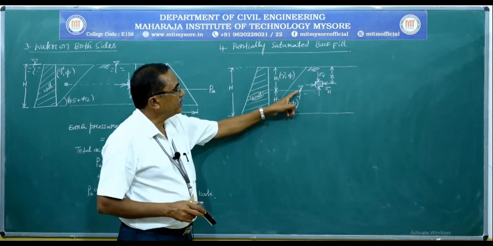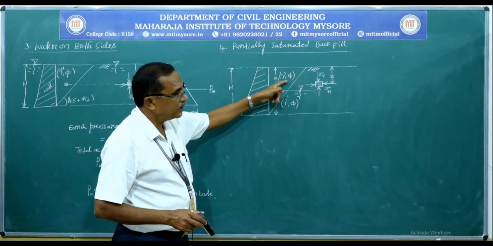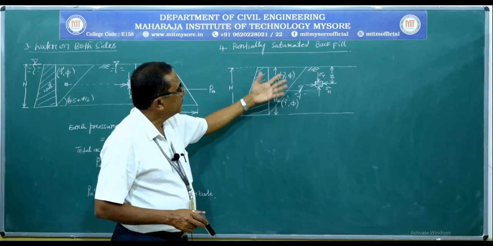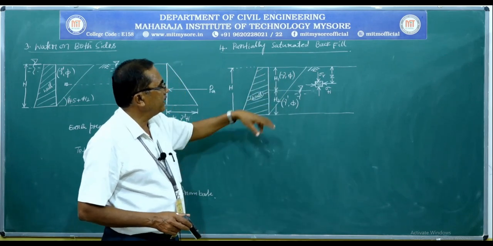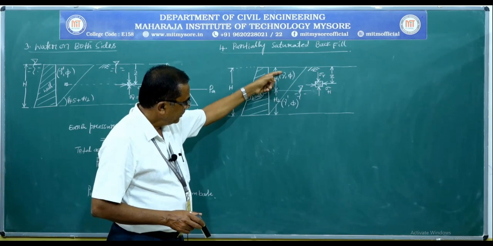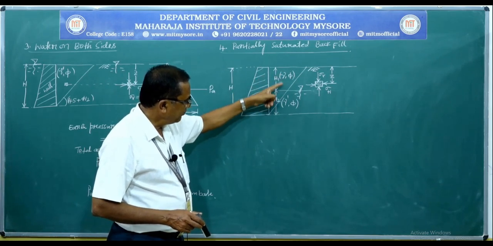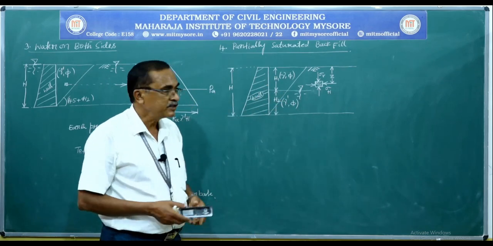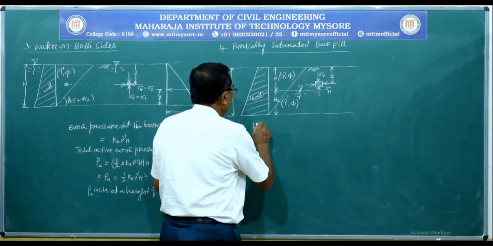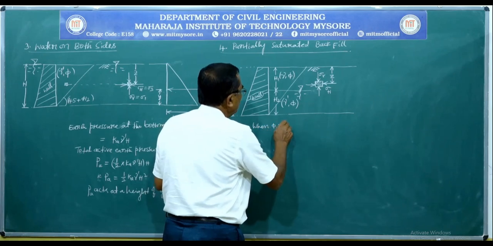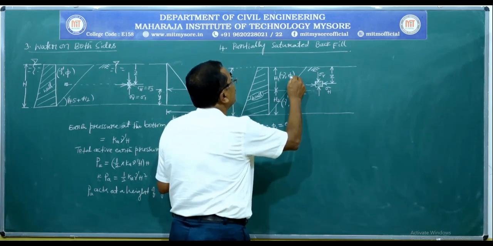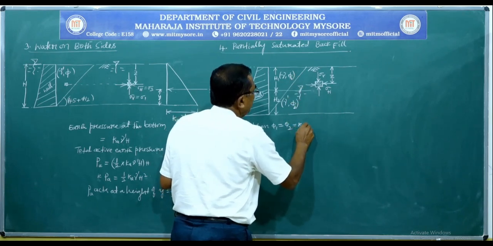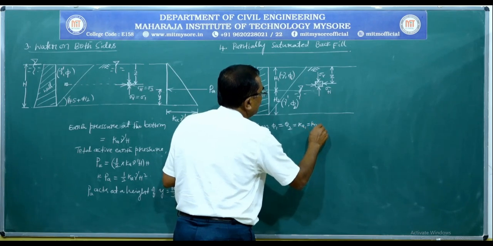So irrespective of the water table, let us consider this case. We can come across three or four cases here. That is, though there is a water table at the depth of h1 below ground surface, there is no change in the angle of repose. That is, when phi1 is equal to phi2, then Ka1 is equal to Ka2.